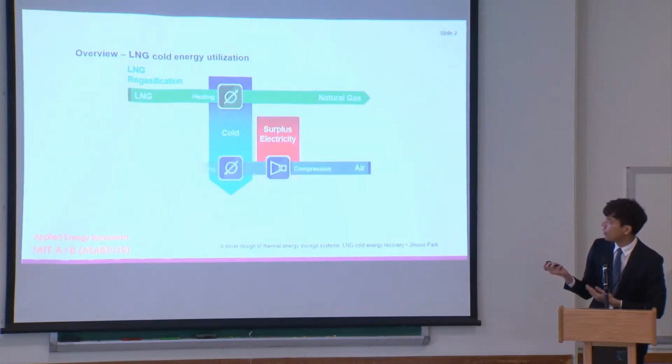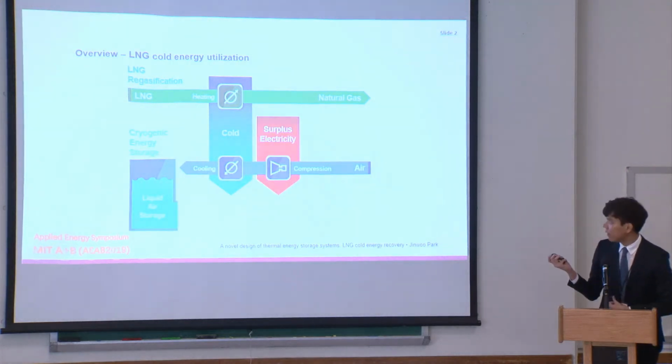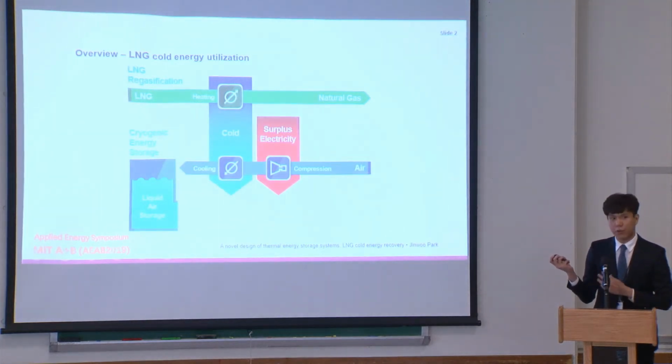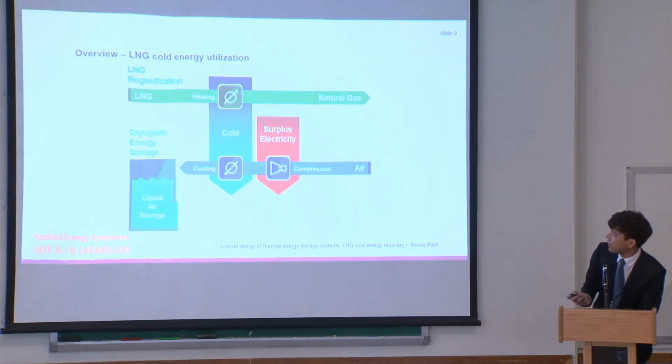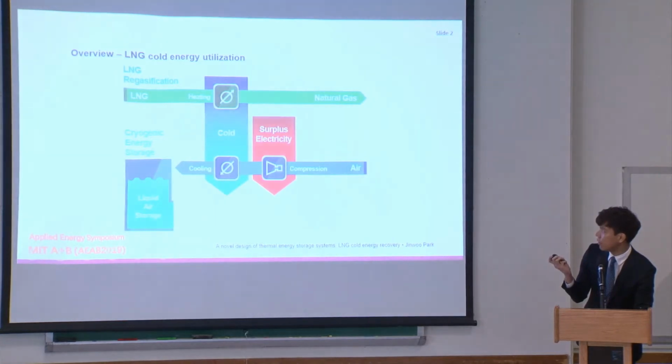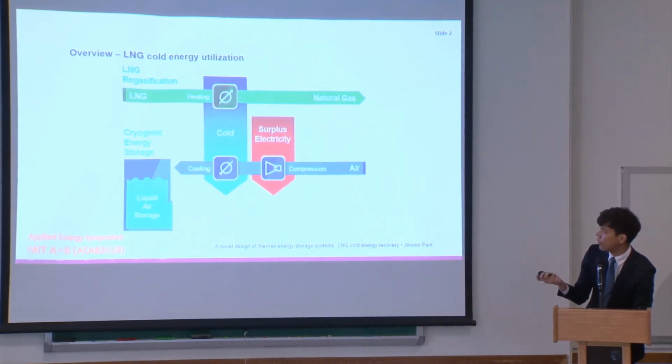So in this research, we suggested liquefying air using this cold energy to be cryogenic energy storage. So we're using surplus electricity to be consumed in the compressor, and air gets liquefied by the cold energy of LNG, so the surplus electricity can be stored in liquid air. And when we are going to use this stored energy,